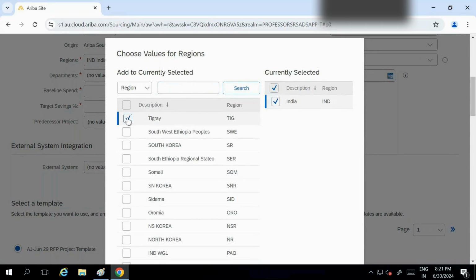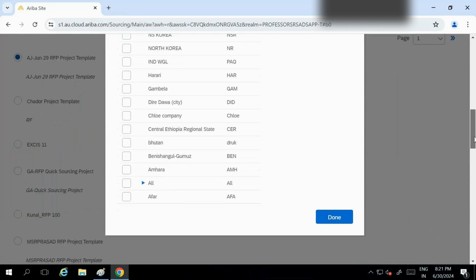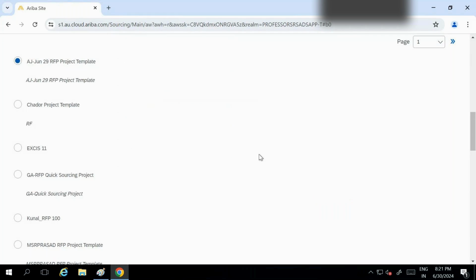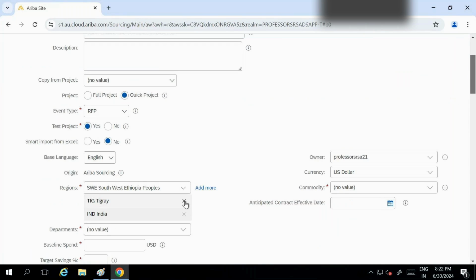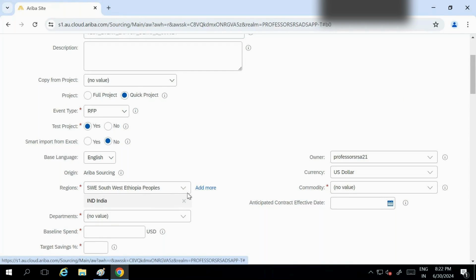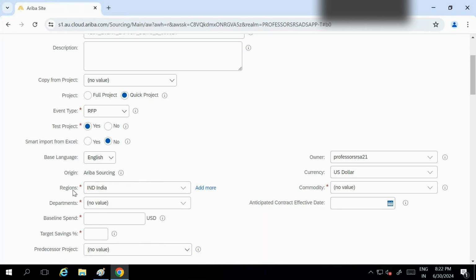Why is it showing multiple? The option has been given to put this name as multiple. If you see, I have selected 3 different countries. If you want to put it that way, you can, or else you can simply select single. See, this is a multi selection option. So this option is giving you a multiple choice option. But for department, you can select whether it is multiple or single.